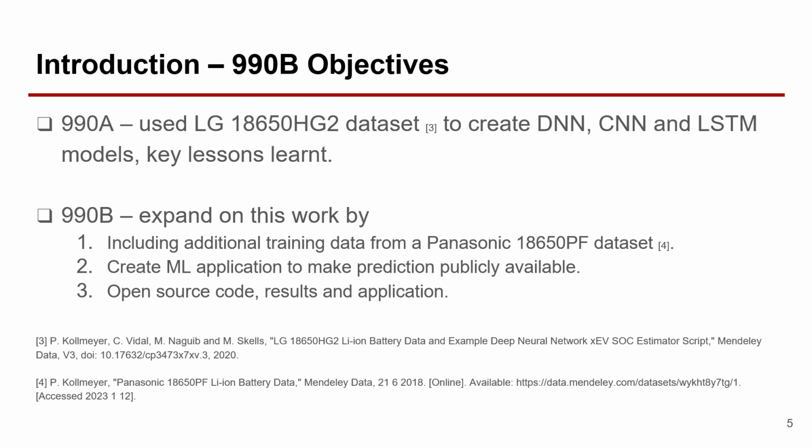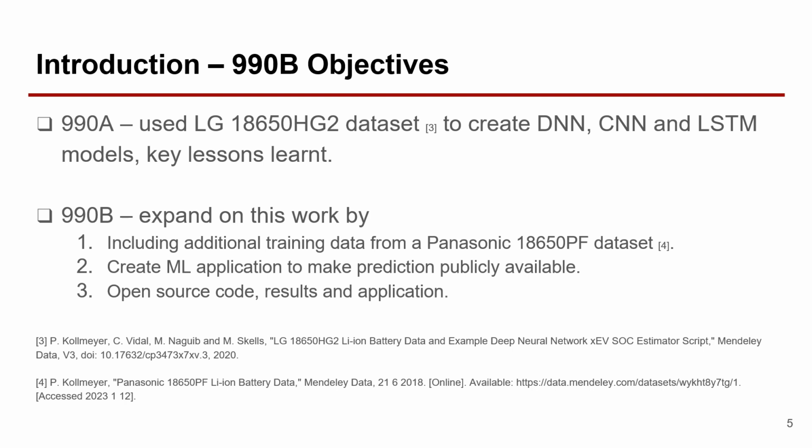Some background on our work during the A part of this project. We used an LG 18650HG2 dataset, which is an 18650 cell, to create DNN, CNN, and LSTM models. DNN stands for Deep Neural Network, CNN stands for Convolutional Neural Network, and LSTM stands for Long Short-Term Memory Network. So those are 3 different kinds of architectures, and we got key results from training those models. The one main result or lesson learned was that you don't need very complex models to get good results. For example, in this case, LSTM is the most complex model, but we found that deep neural network gave comparably